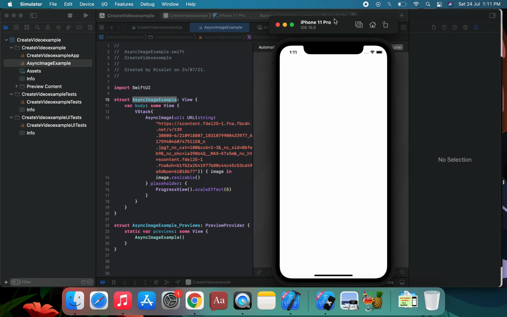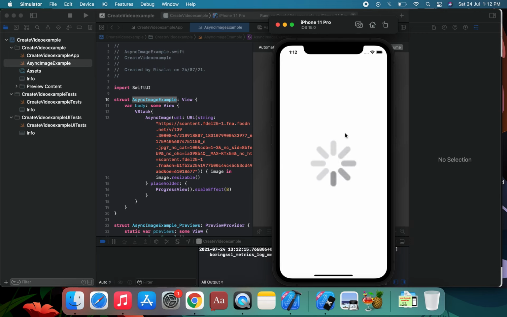SwiftUI has a dedicated AsyncImage for downloading and displaying a remote image from the internet. So we're going to apply the loader. This loader shows while the image is uploading, and is automatically removed after the API finishes downloading the image. So this is the original, and with loading this image, the waiting time is the largest time.